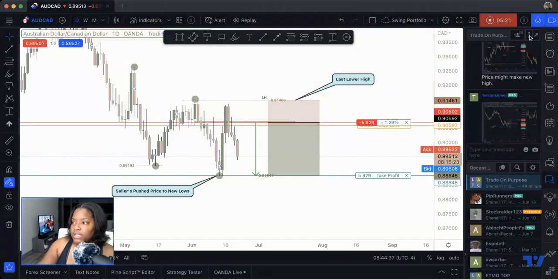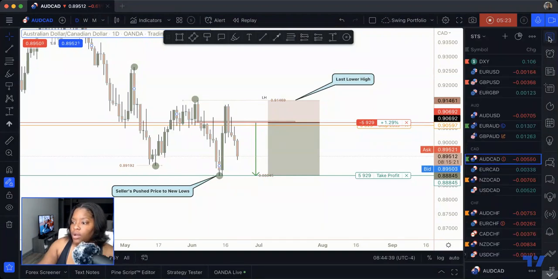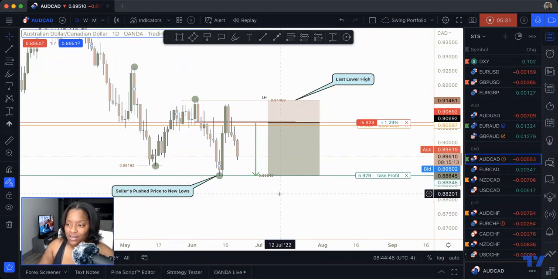And then students and I were also in Euro Swiss. We've been in Swiss since May 11th, so we're up over 300 pips. 200 pips more to go. So that trade is going to be moved to break even as well, if they've not already moved it to break even, which they should have. Okay. So this is how it looks, you guys, when price is moving and you need to move your trades